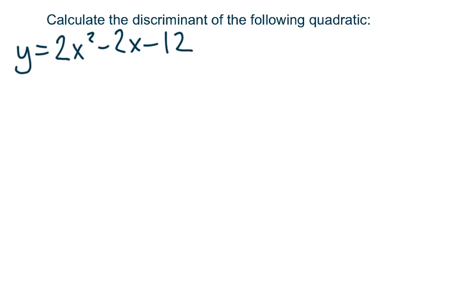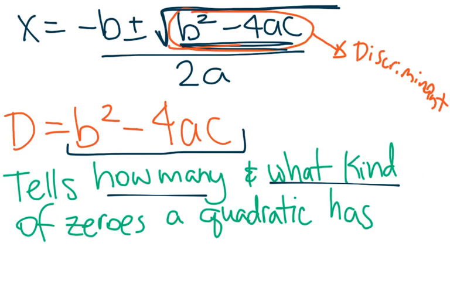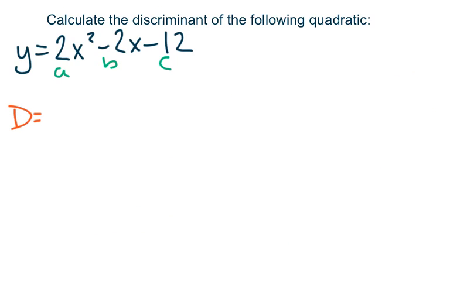So let's try calculating the discriminant of a few of these quadratic equation examples over here. We have y equals 2x squared minus 2x minus 12. A is equal to 2 in this case, b is equal to negative 2, and c is equal to negative 12. Our discriminant equals the portion under the square root sign of the quadratic equation, which is b squared minus